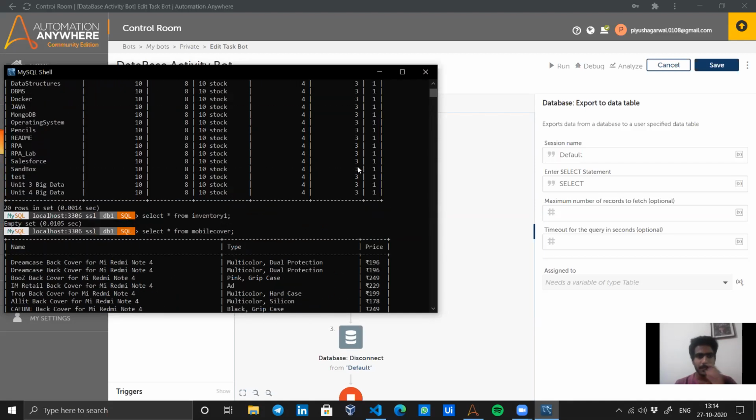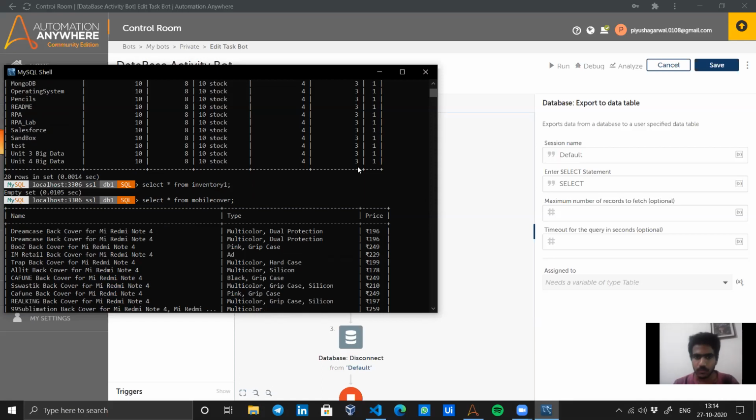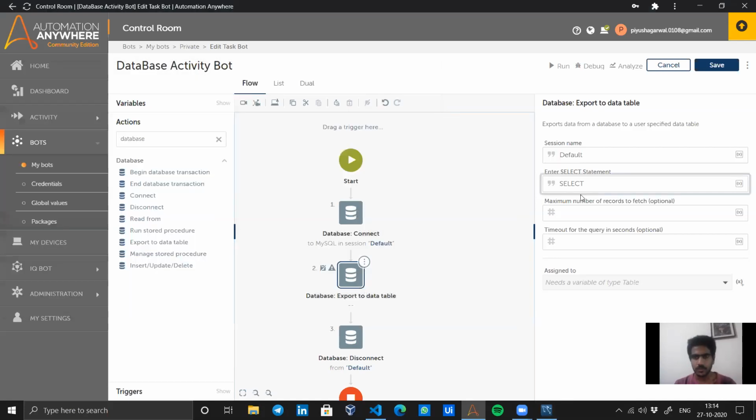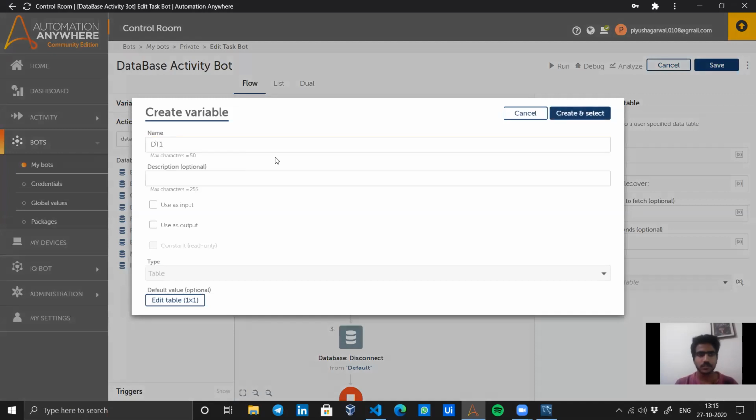So this is basically a data set of multiple Redmi Note mobile covers based on the costs from Flipkart that I have scraped. Now here I will just get the name, type and price of each for the top 10 rows. Okay, so select all from mobile cover, then let's set limit to 10. Top 10 rows we have got, or instead what I can do using A2019, maximum records to fetch is 10. And now create a variable, let's name it dt1.